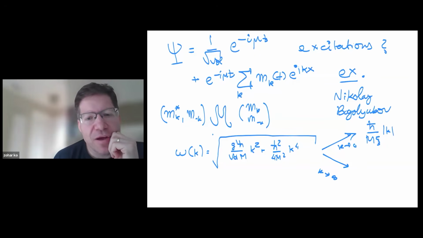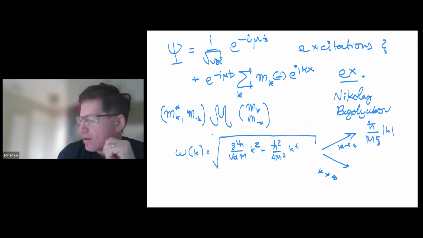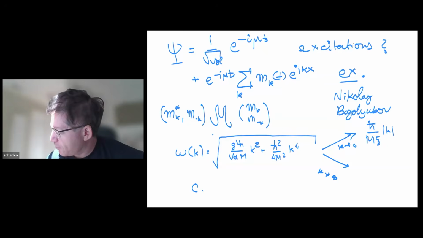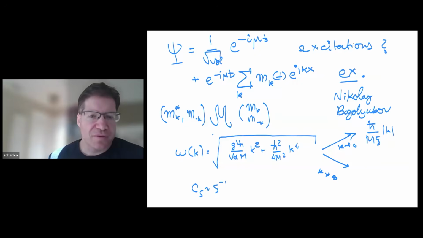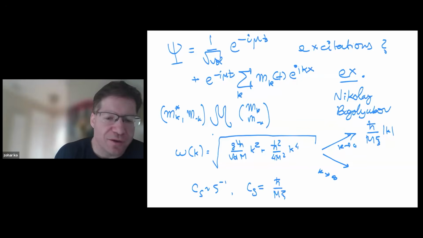And what is the speed of sound or the speed of light for these relativistic modes? That's the prefactor in front of the absolute value of k, h bar over mc. That's the speed of sound. You remember that I told you that the speed of sound is proportional to c to the -1 in the previous section. And indeed here we see that the speed of sound is essentially h bar over mc, which has the units of speed.